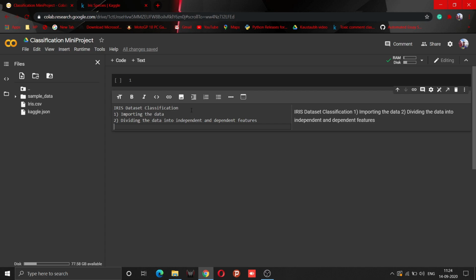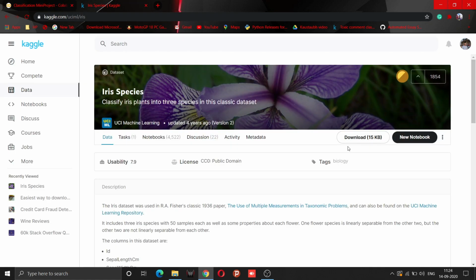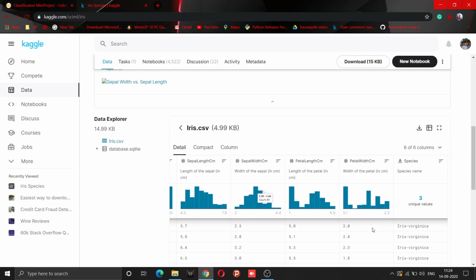That is our features and labels, also known as independent and dependent features. After doing this step, we have one thing to note, guys. I had already told you that we only need numeric data in our machine learning project. But here, as I showed you, in this dataset the species column is categorical.